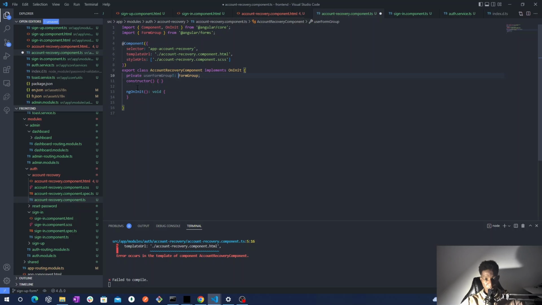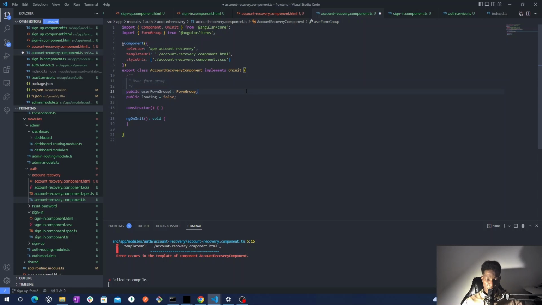This is public because we access this form group inside the HTML. So now we say we need a loading boolean variable that will be equal to false, and after that we say that we have our user form group,